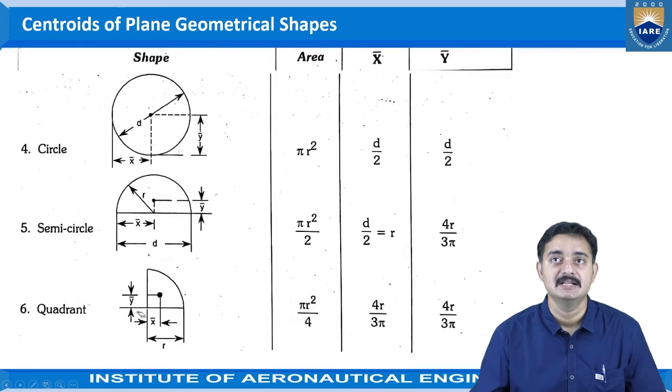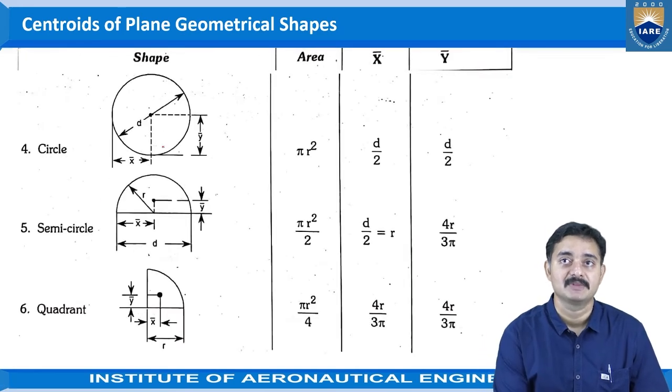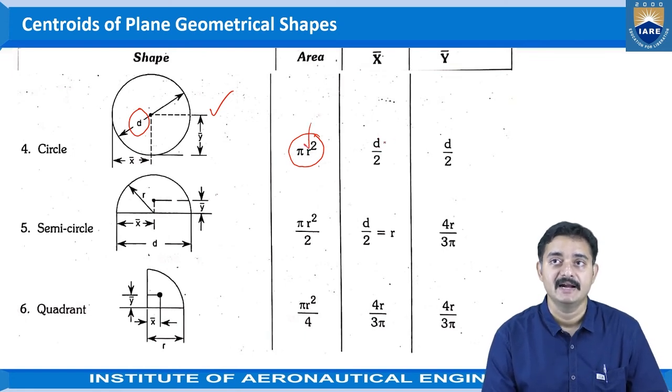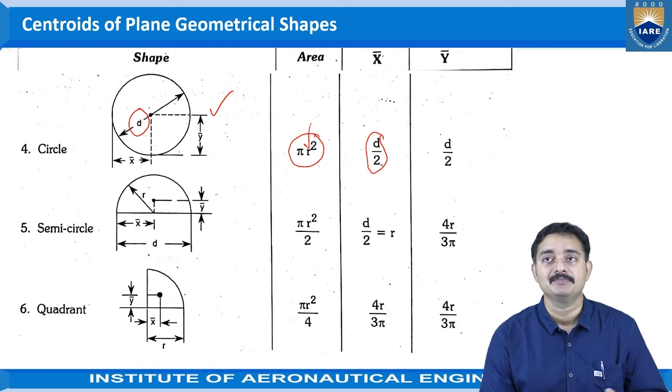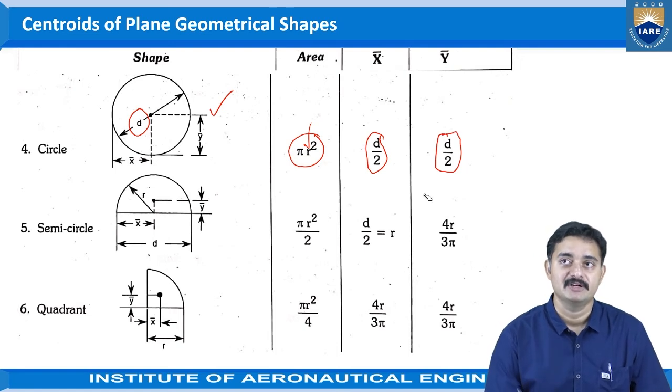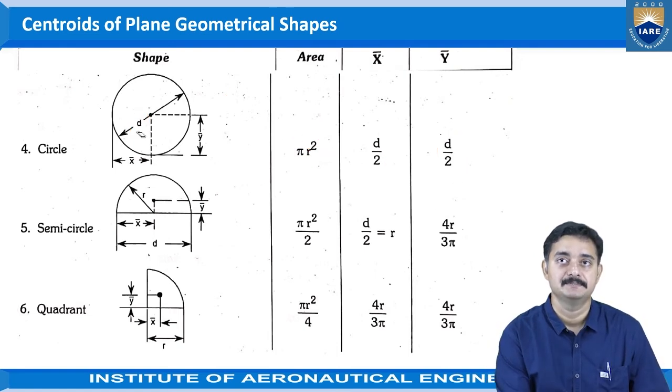Then when we consider the shape of a circle having a diameter d, the area of the circle would be pi r square, where r is the radius of the circle, and d by 2 is at the center. The diameter by 2 and the diameter by 2 would be the coordinates of the centroid for the circle. Similarly, the semicircle, having a diameter d and radius r,